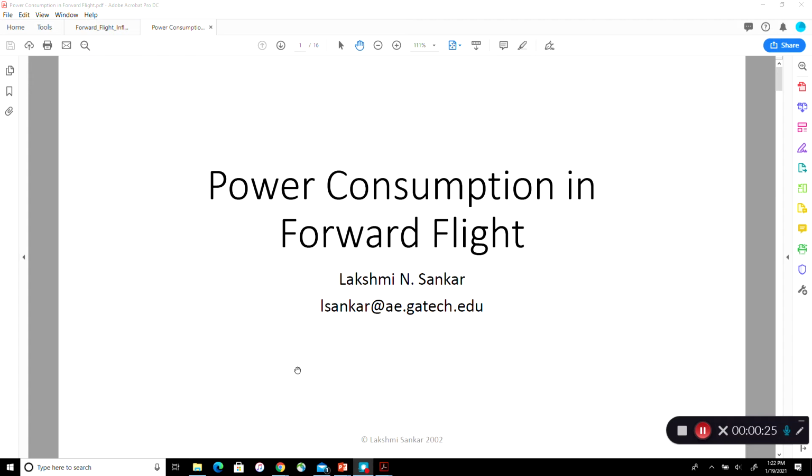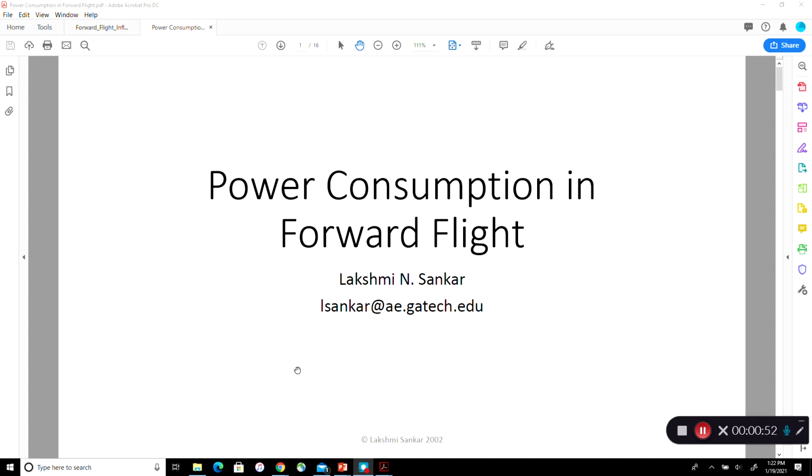We extended the actuator disc model that Rankine had developed for rotors in hover and vertical climb to forward flight in a phenomenological hand-waving model. This was done by Glauert, so we came up with an inflow model called Glauert's inflow model. We found that the induced velocity is a nonlinear function of the thrust coefficient or the thrust,